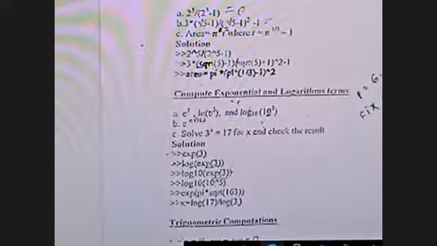In the last class, we have discussed some simple calculations, like how to calculate 2 power 5 and how to calculate the square root. What is the inbuilt function for square root?